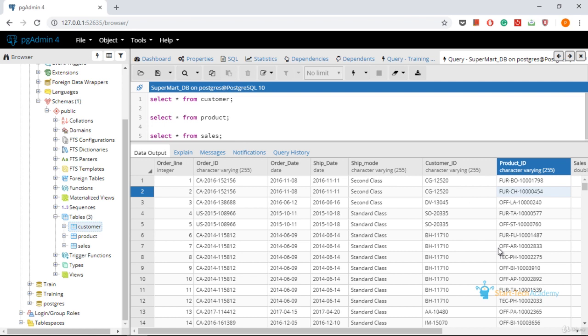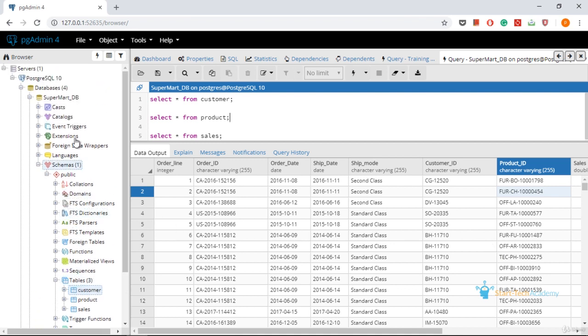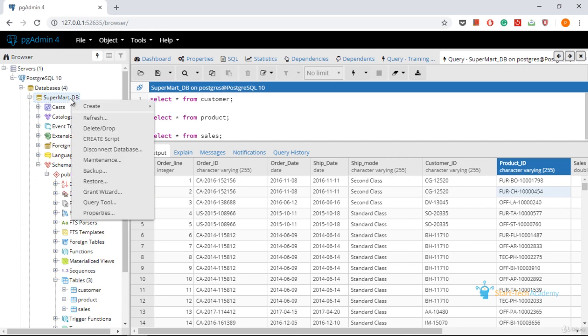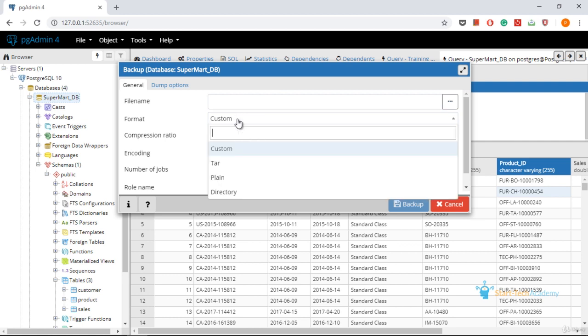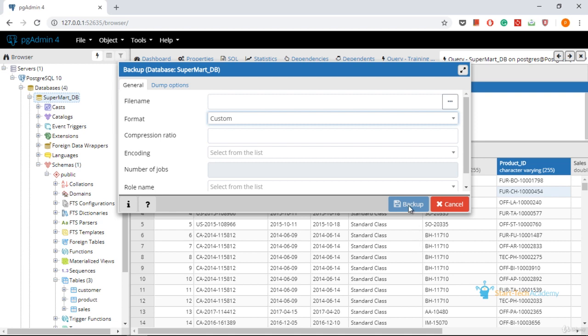So our database is ready with you. You restored this database from a file. So how to create that file? You need to create a backup of your database to create such files. To create a backup, you'll need to go to the database, right click on it, and click on backup. You'll give a file name here and select the format. I selected tar format and clicked on backup. This gave me that file which I have shared with you in the resources.